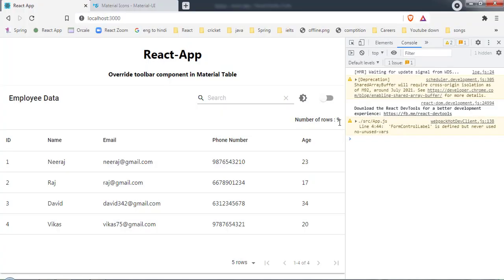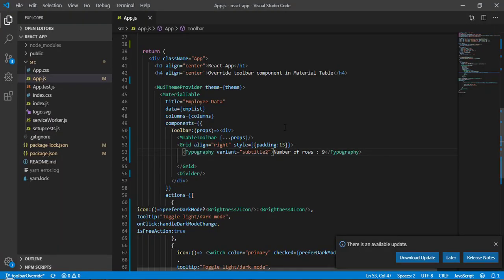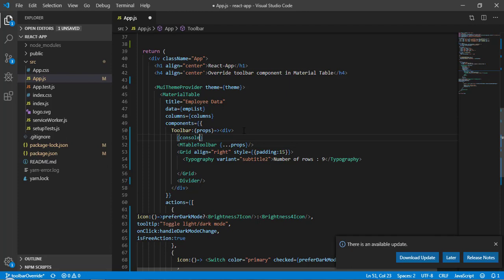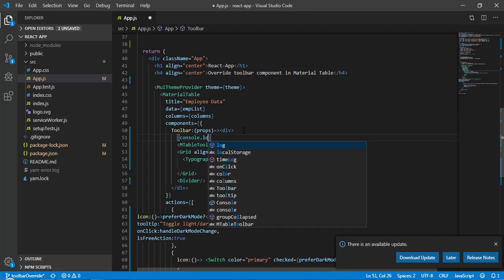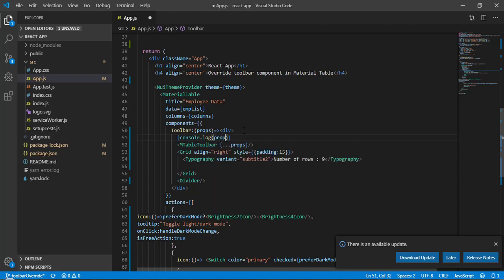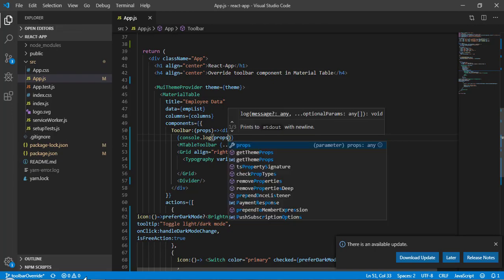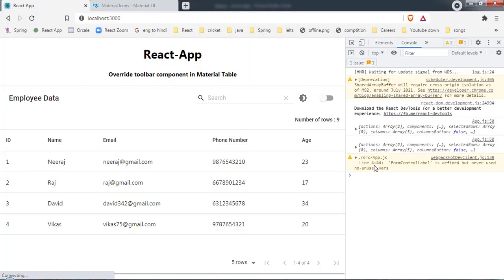Now our task is to make this value dynamic, because as of now we have hardcoded it. For that, whatever props we are getting, let's do a console.log of this props, and save it. This will print on the console.